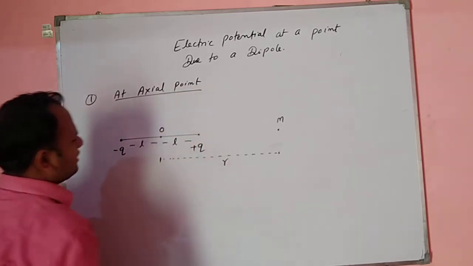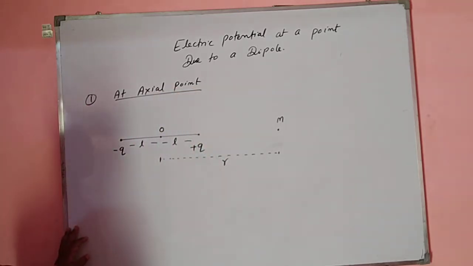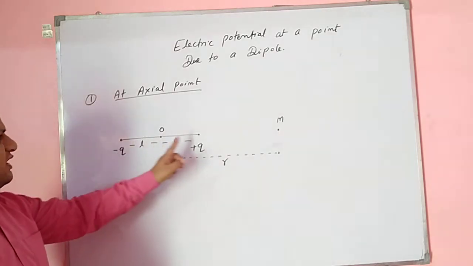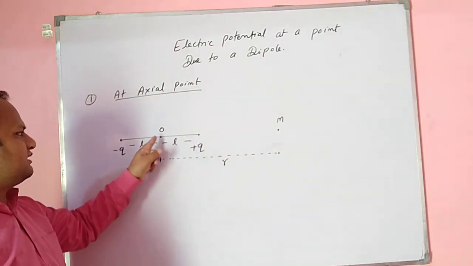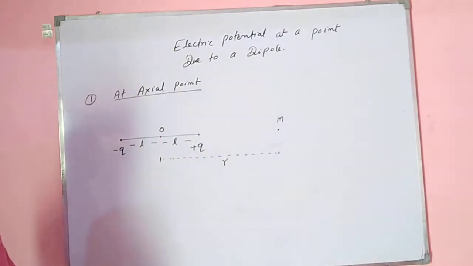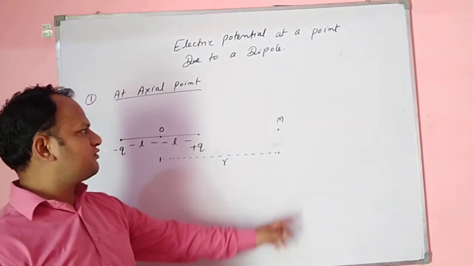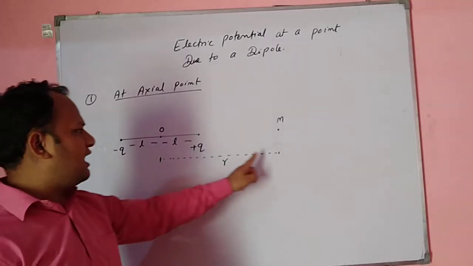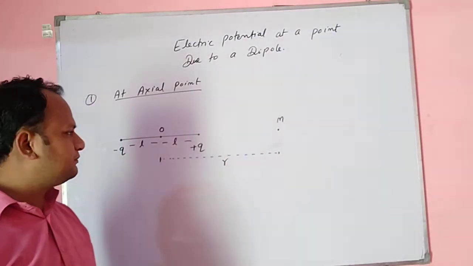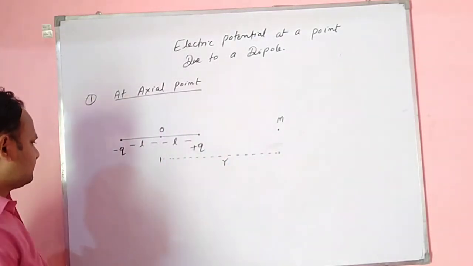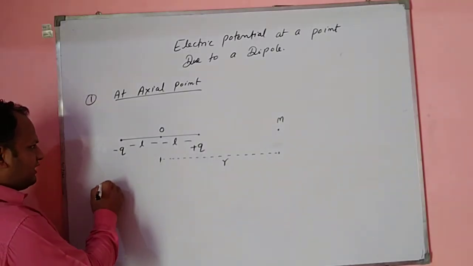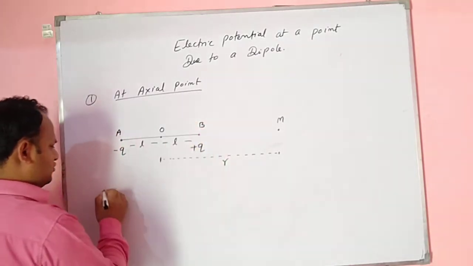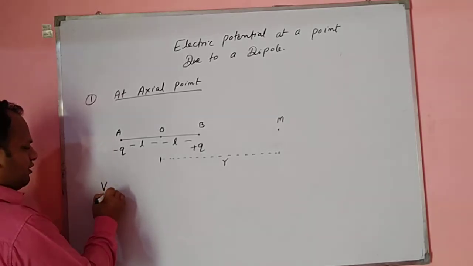That means we have an electric dipole, and this is the negative charge, this is the positive charge of the dipole, and this is the center of the dipole. And we have to calculate the electrostatic potential at point M, which is at a distance r from the center of the dipole. So first of all, we will calculate the potential. Let me give the names A and B. So potential because of A